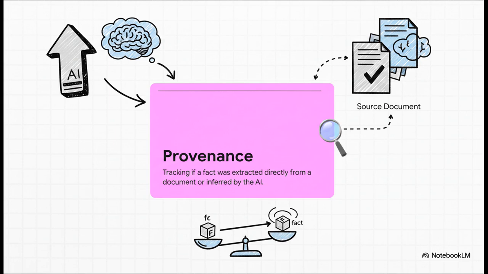But with that superpower comes a pretty massive responsibility. We have to rigorously track provenance. We've got to strictly separate the cold, hard facts found literally on the page from the AI's external inferences. If the LLM adds the fact that Lawrence was a physicist, that specific property must be explicitly marked as AI inferred, not document extracted. This is non-negotiable because it ensures that every single answer the final system provides remains fully transparent and auditable for historians.